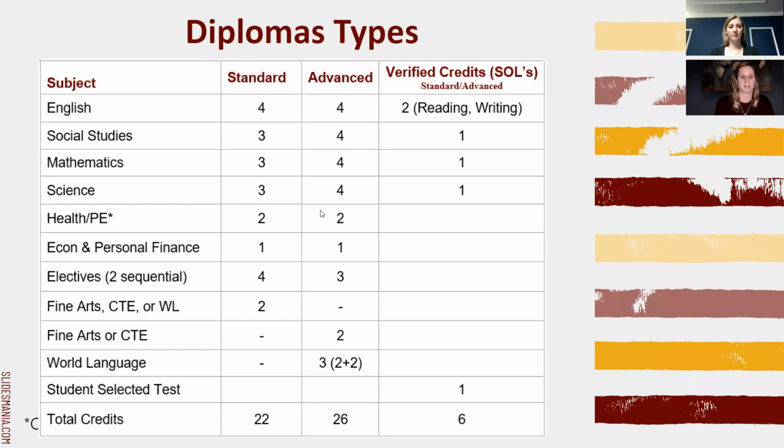Both is health and PE with 2, PE 9 and PE 10. Everyone has to take econ and personal finance. They both have extra electives. The sequential here is, art 1, art 2, photo 1, photo 2, something that the skill level will increase the following year. Right here, you see the WL is the world language, and why that's only under standard and not